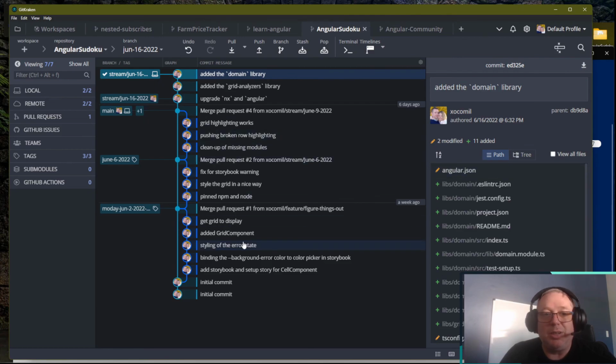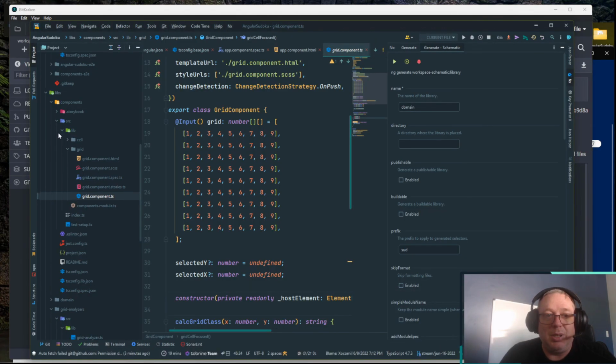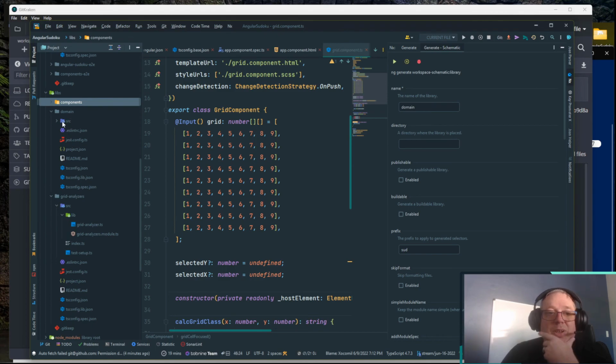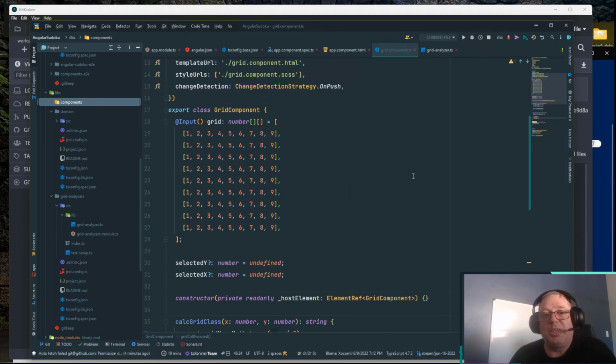The thing I do like about domain as a name is that it communicates very clearly what should be inside of here, like components communicates very clearly what should be inside of that library. I don't know when the last time I've used MVVM or even the MVC pattern. I guess Angular is kind of an MVC pattern, but maybe a more modernized version of it, or an MVVM pattern. I haven't specifically used that pattern. Decoupling always makes your application less brittle. For example, right now we're in a bad place because we just use numbers to